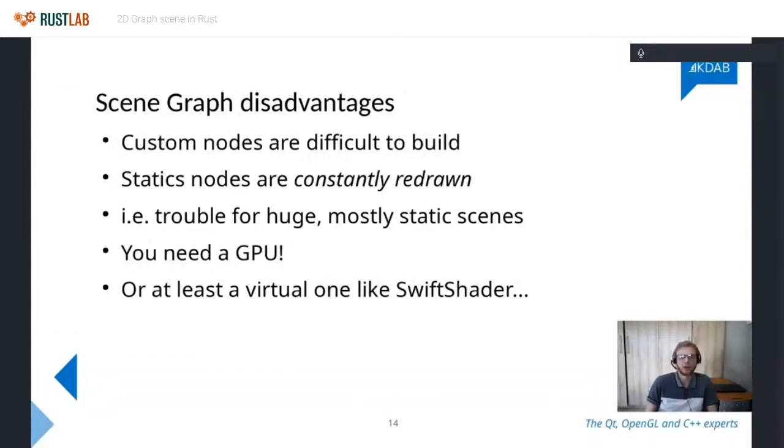The traditional approach doesn't actually care if you throw more data at it. It only cares about how fast the data is changing. But I don't think this is such a major problem either. There are many optimizations you can layer on top of the simple scene graph approach to actually get it to deal with stuff like that. An example optimization is, let's say you've got this big complicated GUI, of which a large part is mostly static. So, let's say you've got your tree going like this, and then you've got a whole subtree right here, which is mostly static.